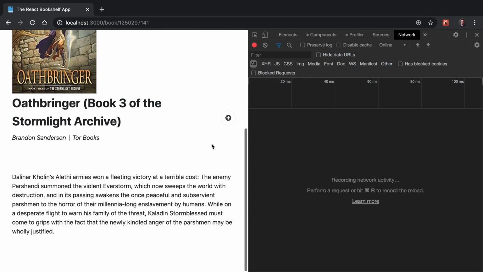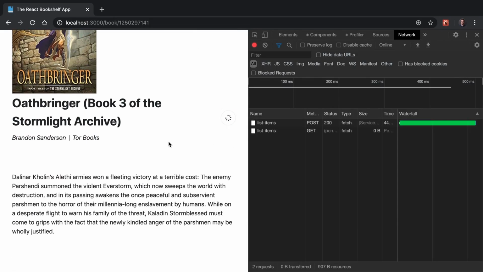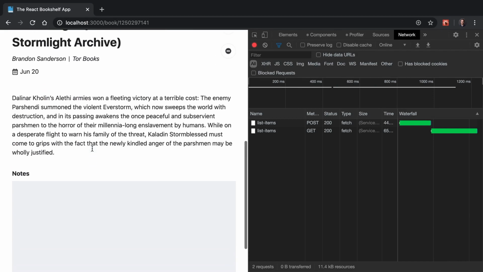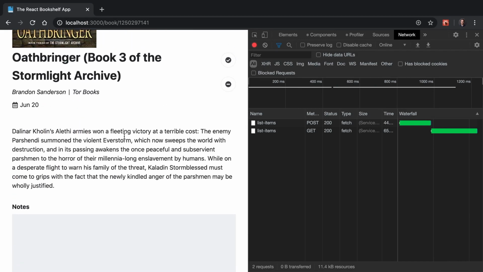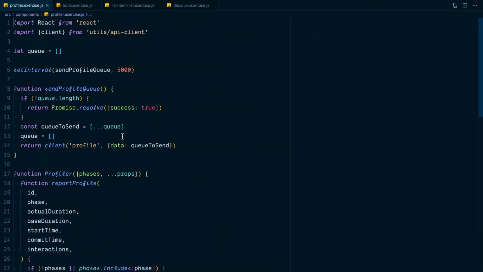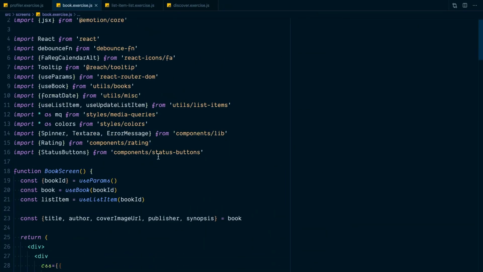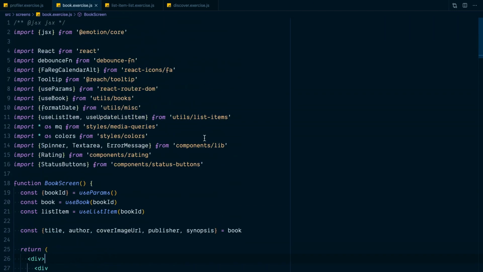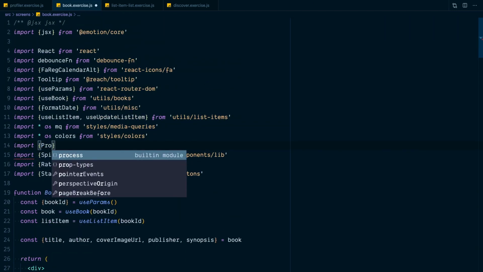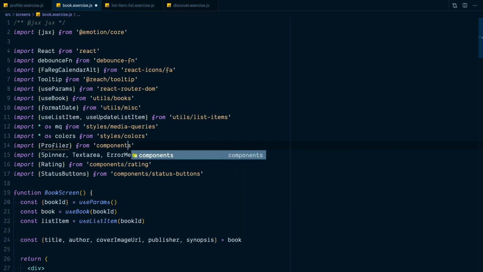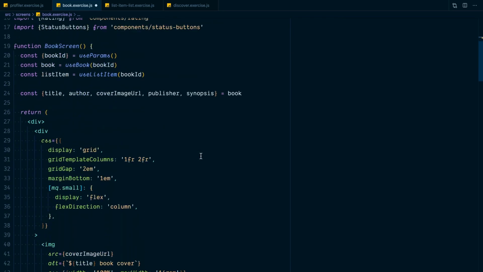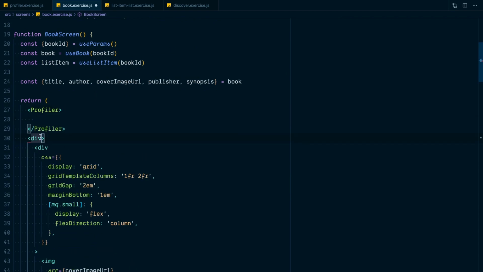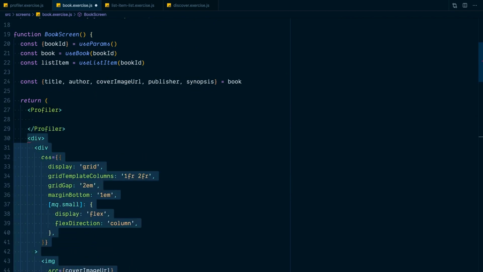Let's see if we can measure some of the interactions on this page, like adding this to our list and having these things appear. We want to make sure that that experience is as snappy as possible. So let's go to our book screen and we'll wrap everything in here in our profiler component. So here we'll import the profiler from components profiler. And then we'll say profiler and take this div all the way down to its bottom